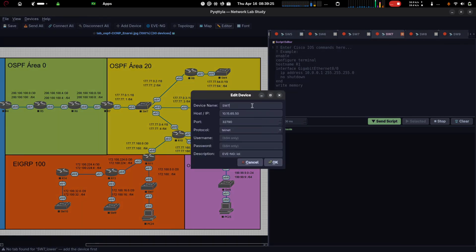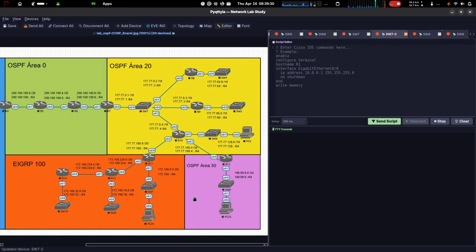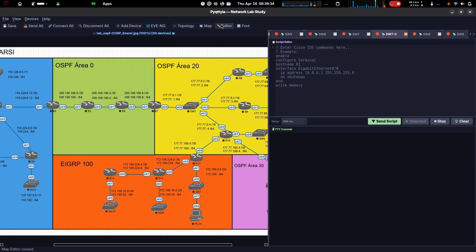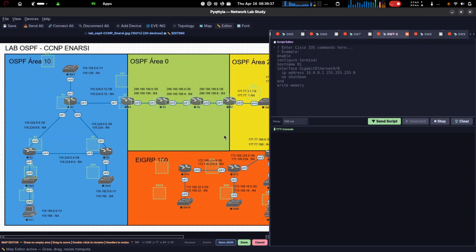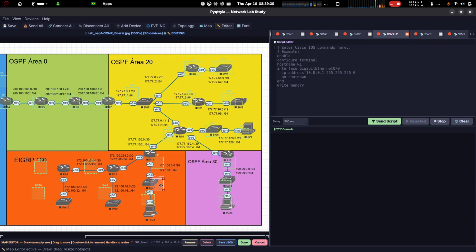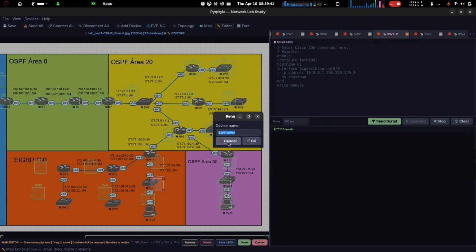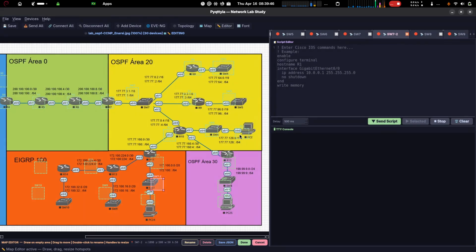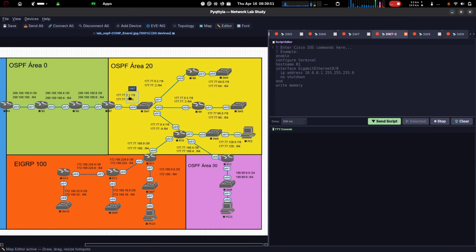What can I do? Change it here to the same name. Instead of lower, I'll put -2 here. Okay, I'll come here to my editor. Came here to this little guy, and I'll rename it -2. Okay, it's now -2, done. Now if I click here on this one, it's here. If I click on this one, it's here. It's going correctly to the tabs.